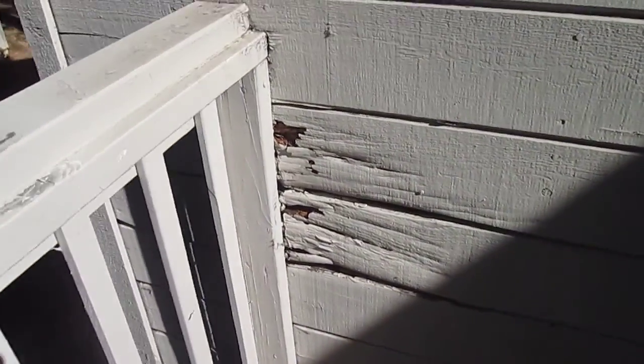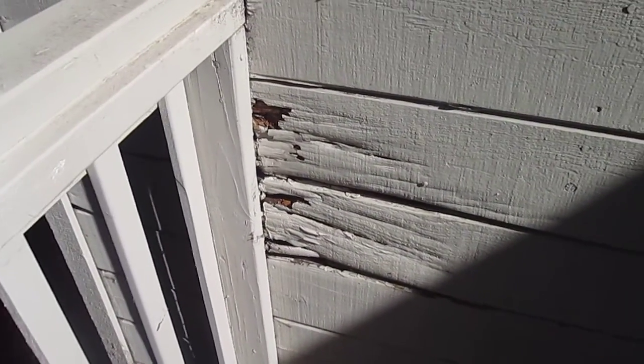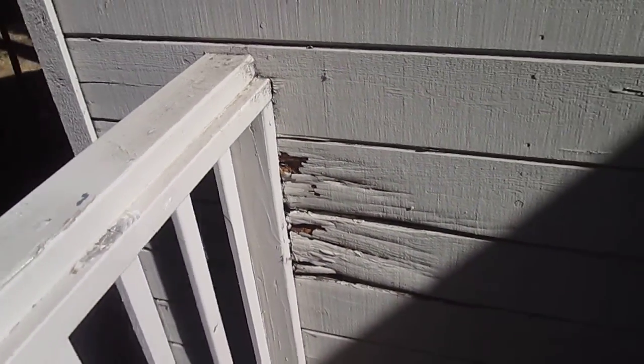So this is beyond the scope of what I do. This is in these actual lap boards. So this one will have to be repaired. My carpenter, it's not a big deal to him at all. So that's the first thing that I noticed. So as I cruise around here,